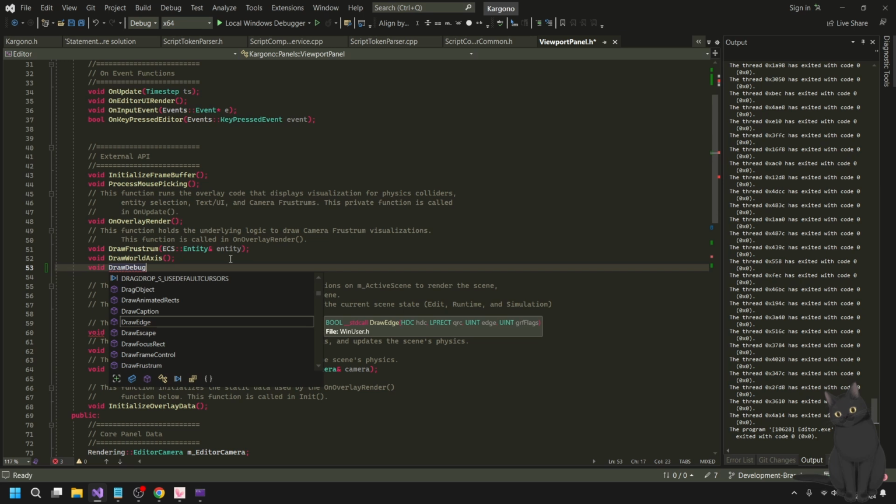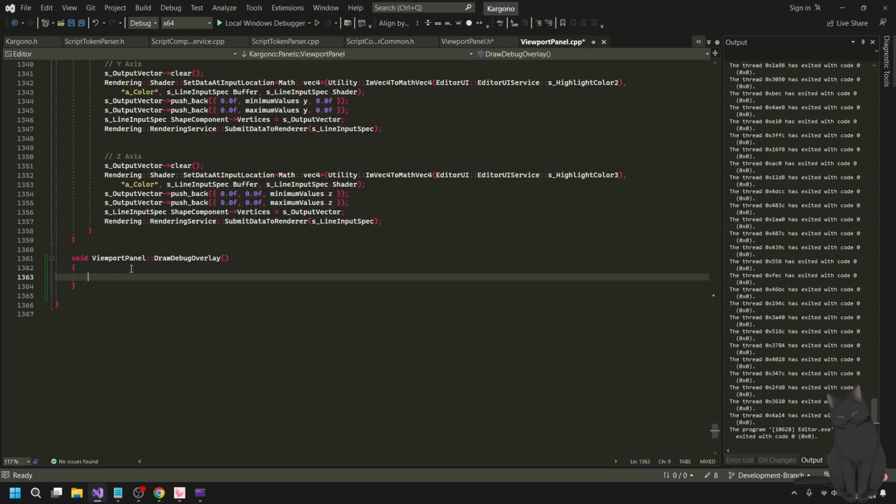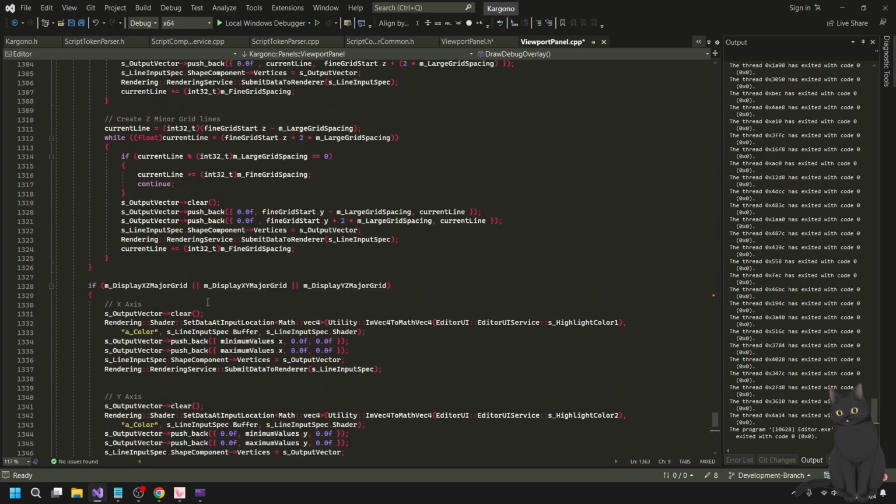Debug, draw debug. You know, maybe I'll separate them. Draw. No, I can't make them. Draw debug. Writing function names, man. The bane of programming. Probably just ask ChatGPT. Ugh.